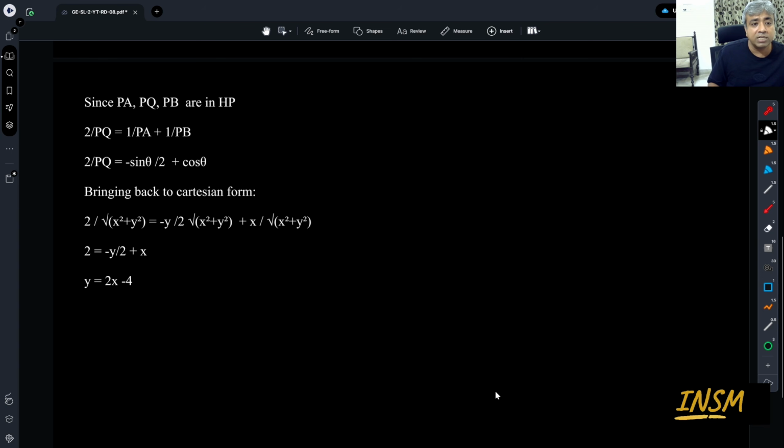Okay. So the distance PQ here will be the same as R. The distance of Q from P will be under root x square plus y square. And for converting back, if you see, if this is theta, this is R of a point. So this is R cos theta. This is R sin theta.